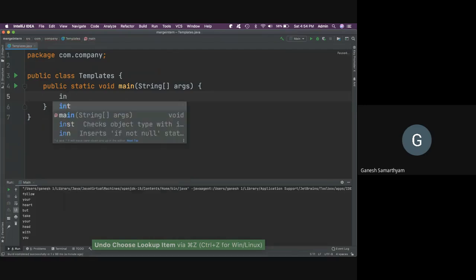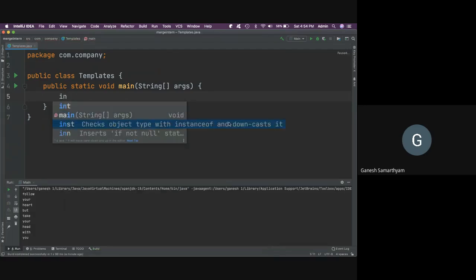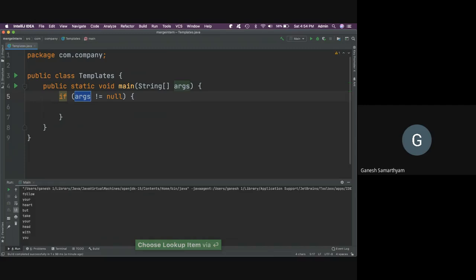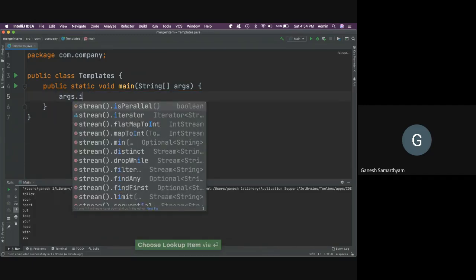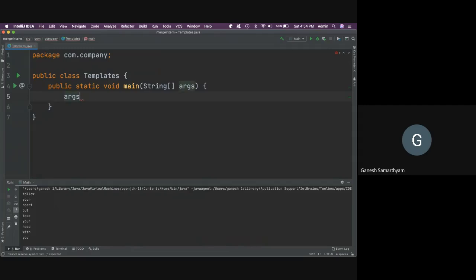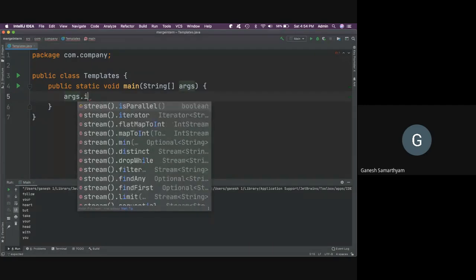If nn, it will create a not null check for you, which is quite fast, right? You can do it for a variable also. For example, you can say args dot inn, args dot